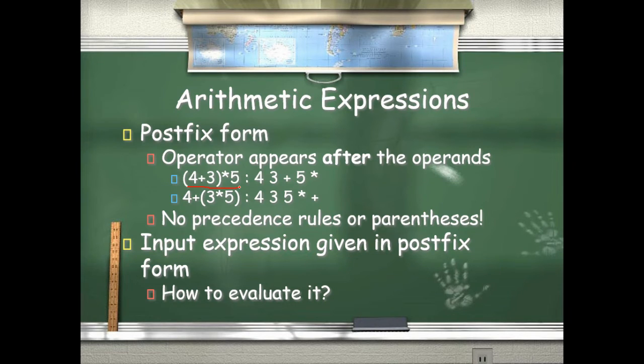So how can you convert it? See, this is parenthesis, it means it is an infix expression, so you are going to solve it: 4 3 plus and 5 star. If the parentheses are given like this, 3 into 5, then 3 into 5 will be solved first, and then this 4 plus will be solved. So no precedence rules or parentheses are required, and that's the reason why postfix expression evaluation is faster than any